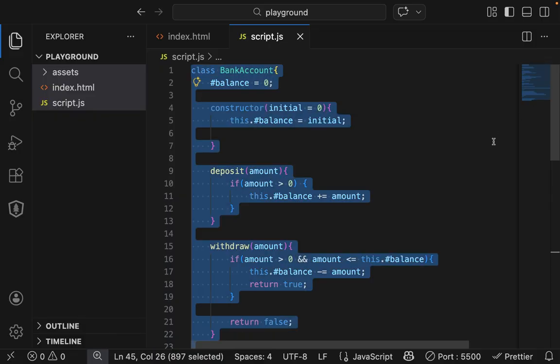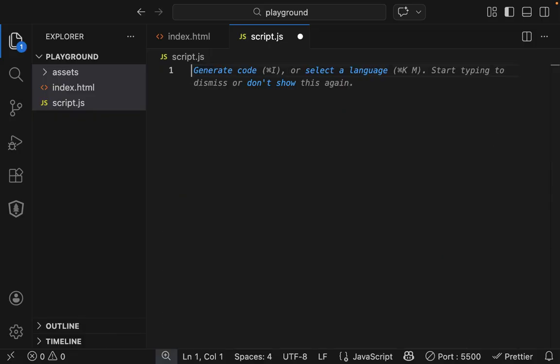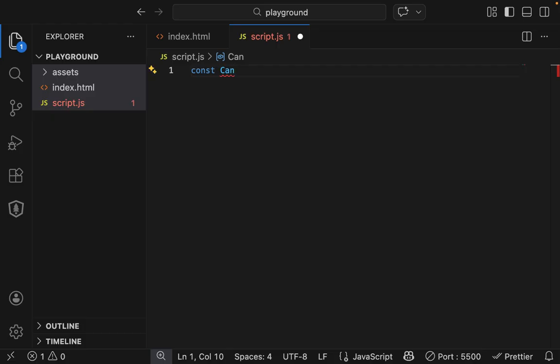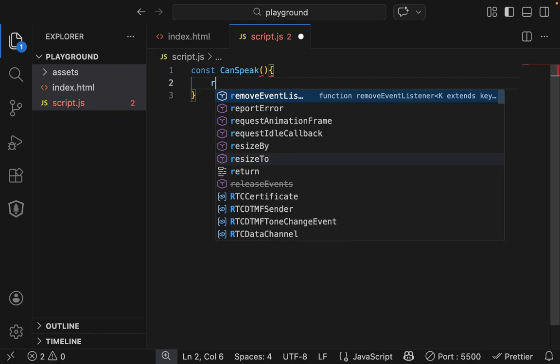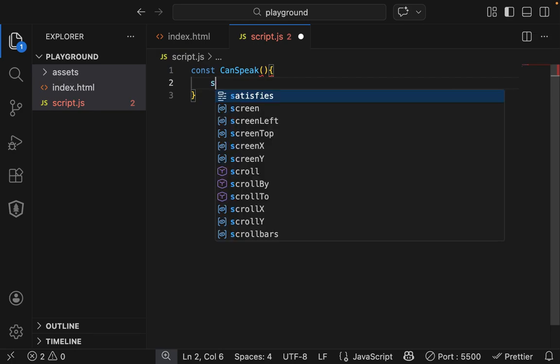So to simulate multiple inheritance, let's create some objects. Let's do const canSpeak, like that, and then here let's create a method. So speak,